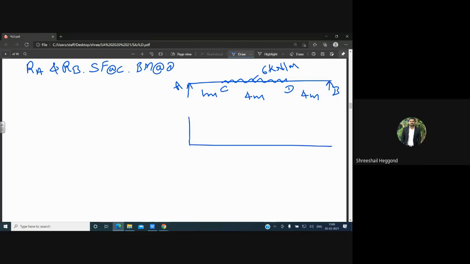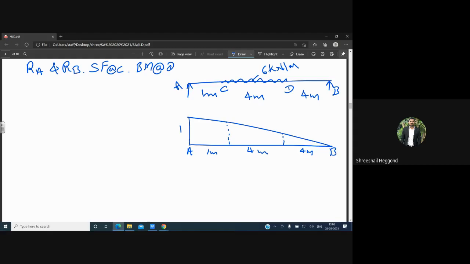In the same way, you need to draw the influence line for the reaction at this place also, where A and B are the supports, where 1 unit will be the reaction at A when we are calculating the RA value. At C point, what will be the ordinate you need to calculate? At D point, what will be the ordinate you need to calculate? This is for 1 meter, 4 meter, and this is the 4 meter. Three components, three ordinates we are having with respect to that.